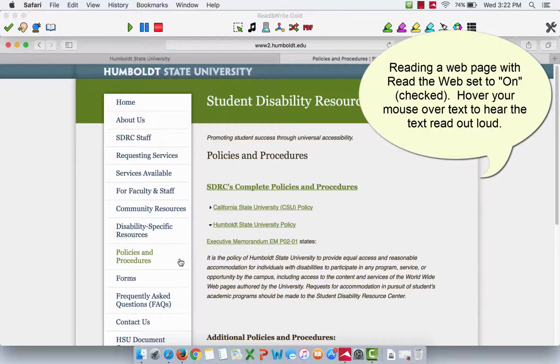Policies and procedures. It is the policy of Humboldt State University to provide equal access and reasonable accommodation for individuals with disabilities to participate in any program, service, or opportunity by the campus, including access to the content and services of the World Wide Web pages authored by the university. Requests for accommodation in pursuit of students' academic programs should be made to the Student Disability Resource Center. Additional